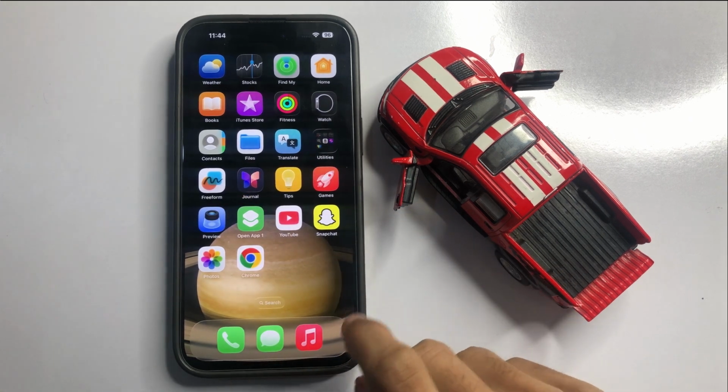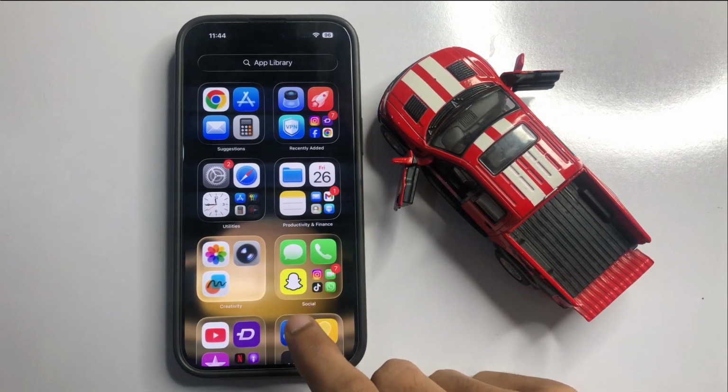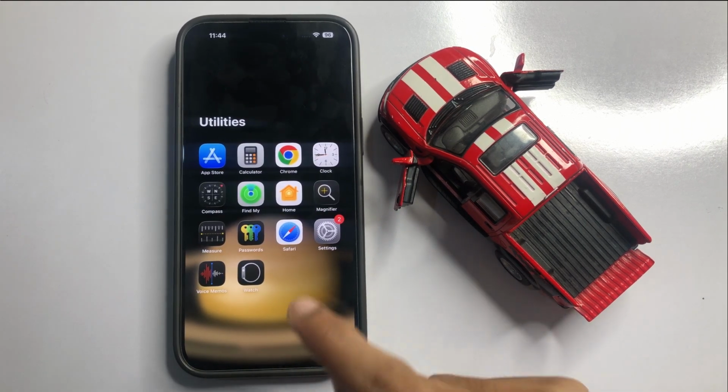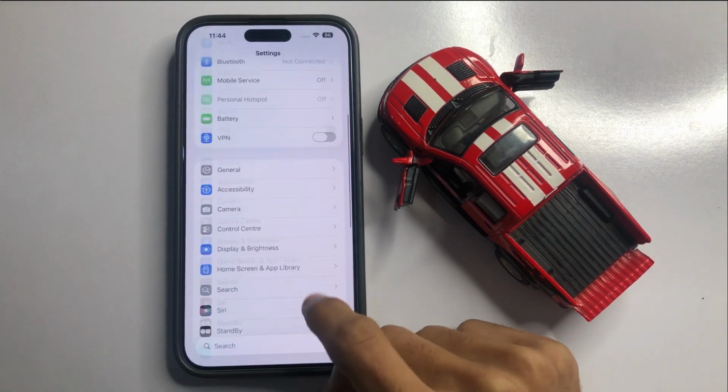So there is another way of deleting apps, so go to app library. Now here click on utilities folder. Now here click on settings app. Now in settings, scroll down,